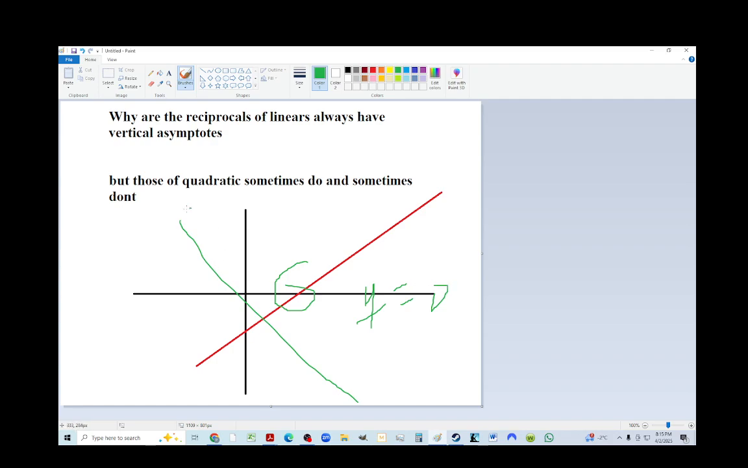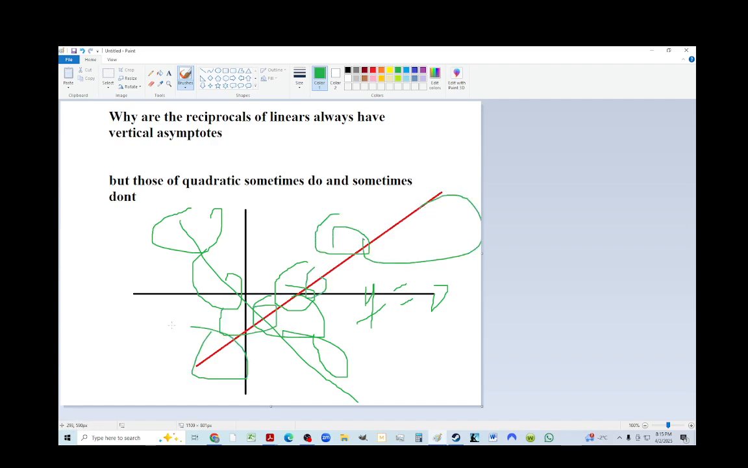When we take a reciprocal, we're really taking the reciprocal of the y values. That's what I tried to show you quickly with the quadratic before. And when it hits that x-axis, when we have a y value of 0, we're taking 1 over 0, which is impossible. And that's what a reciprocal really is. I'll give you some math examples. But then the question is, well, why doesn't a quadratic always have a